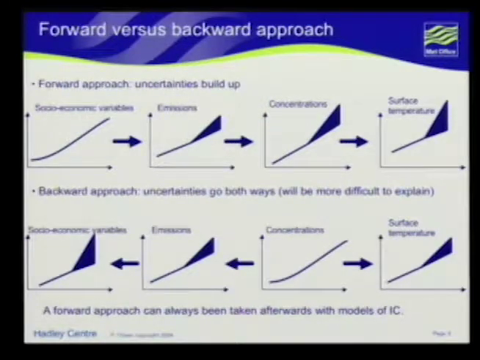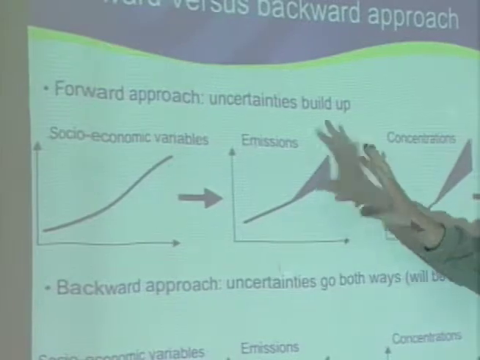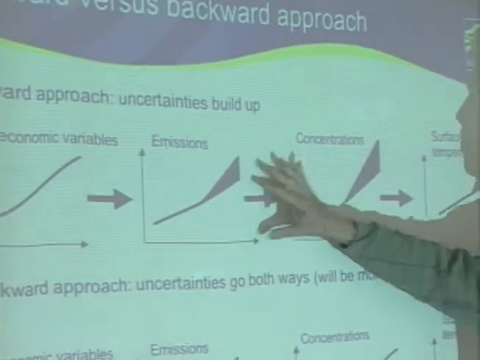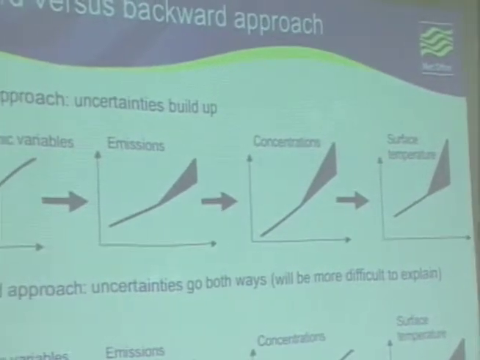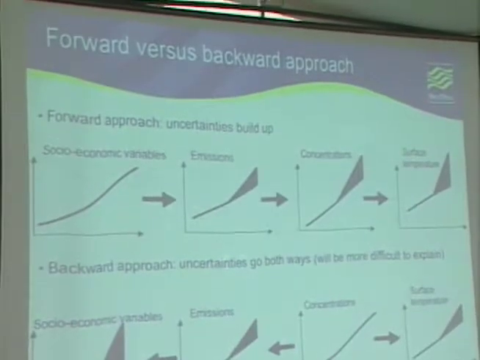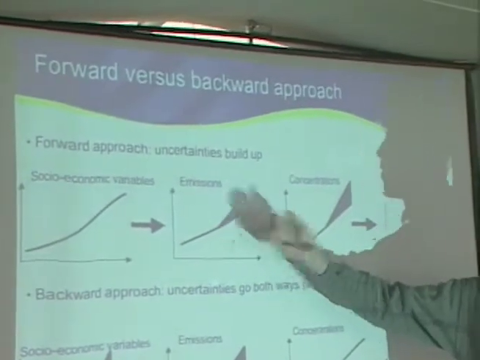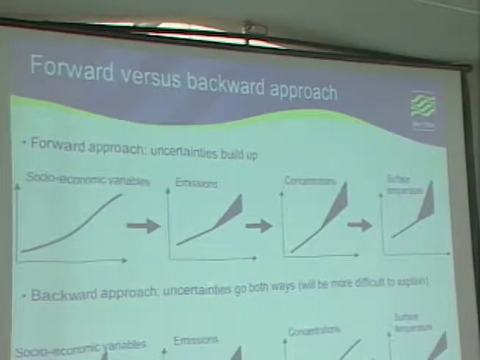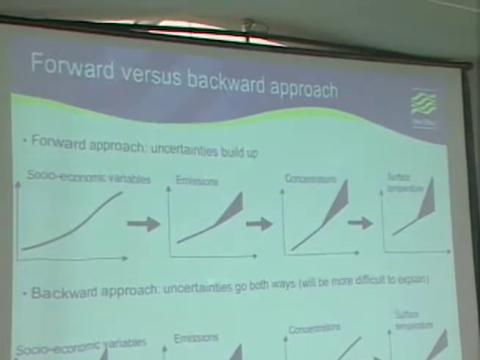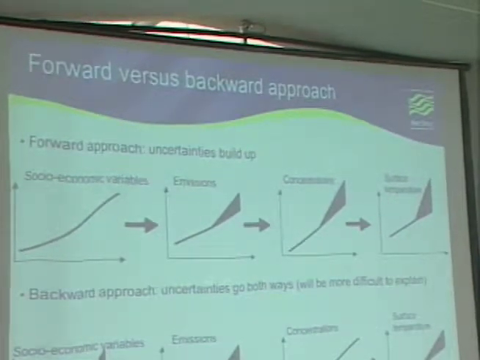Okay, so this is what we've been talking about this week, but I thought it was useful to illustrate it that way. And to some extent this had been discussed in Seville already, except that at that time we didn't really make a difference between emission and concentration. So basically I had this graph presented in Seville, but with emissions and concentration on the same plot. On the top you can see the usual approach, bottom-up, where you start with your socioeconomics, you drive that, you can estimate the emissions, and then you can estimate the concentrations and the surface temperature or the climate change. And the uncertainties will grow as you go through these different stages.